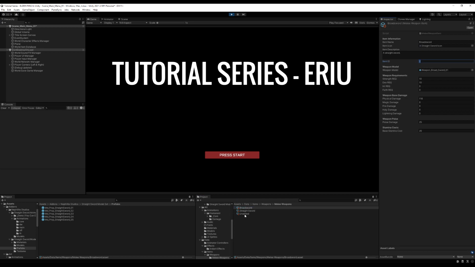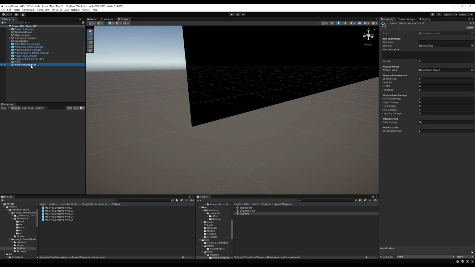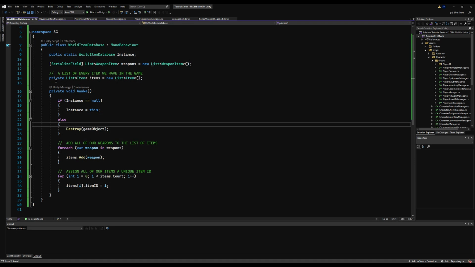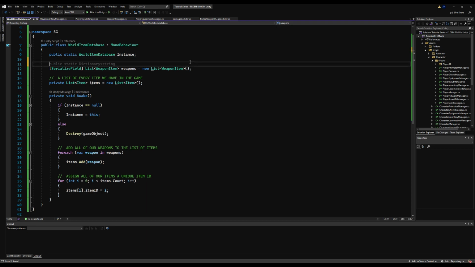And the unarmed should be 0 because that is their order in their items list. Now, I stop the game. You can see their IDs have still been kept the same. So that's cool. Now, let's make a serializable field weapon item variable for specifically our unarmed item, because we're going